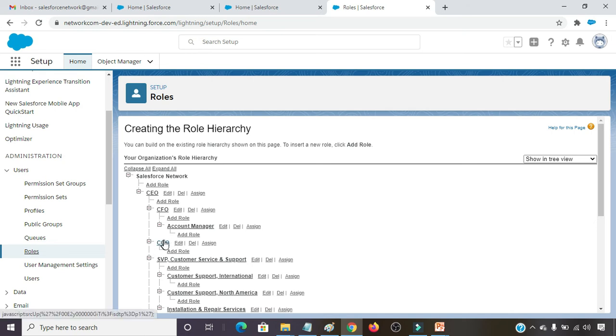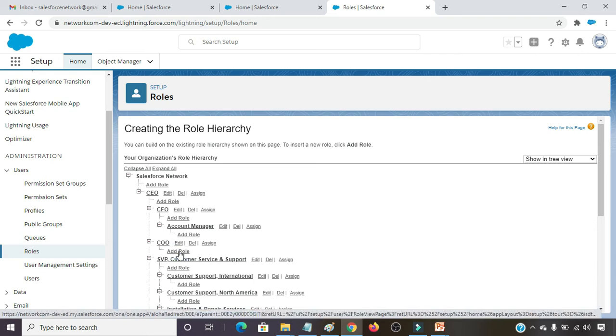So what is our assignment? Our assignment is creating a role under CEO by the name project manager. Under project manager, I have to create one more role by the name team lead, and under team lead, one more role, that is developer. This is our assignment, creating roles in Lightning view.